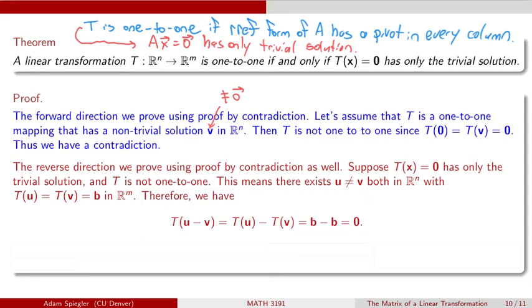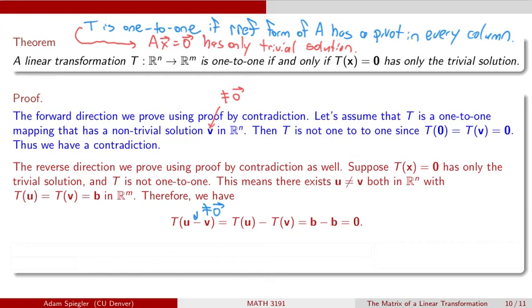So if that is the case, we can now use some properties about linear transformations. Namely, if I take the transformation T and I apply that to the vector u minus v, since we've assumed that u is not equal to v, then we know that this vector inside here is not equal to the 0 vector. And by properties of linear transformations, we can break up this difference into T of u minus